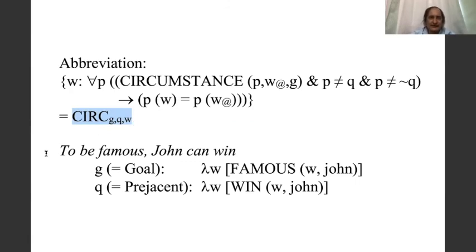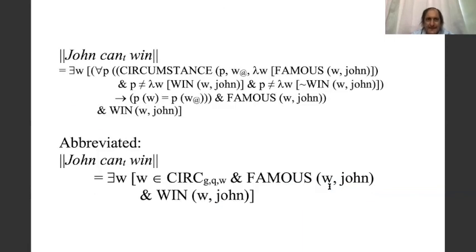So I'm going to change to a different example. To be famous, John can win. We have a goal. The goal is being famous. And we're going to make that now a property of worlds. It's a function that can apply to worlds in particular. And the prejacent, John win, that's our Q. We're going to call that lambda W, win W of John. And that makes it possible to take this, which is the official logical translation of John can win, and write it in a slightly nicer, easier